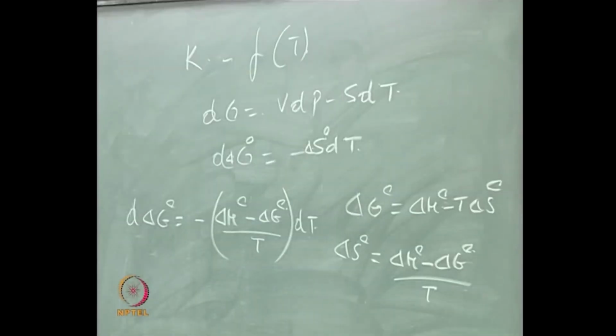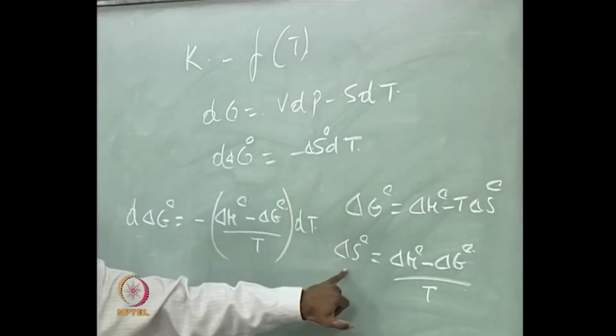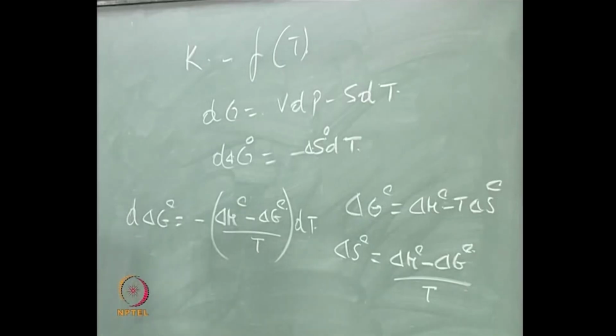Am I right? Simply in the place of delta S naught I am putting this, and if I am putting that, then we can write again as